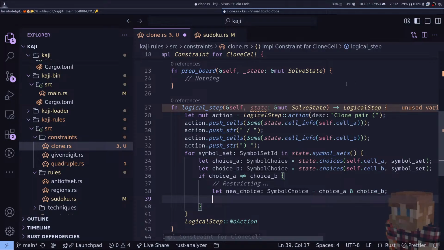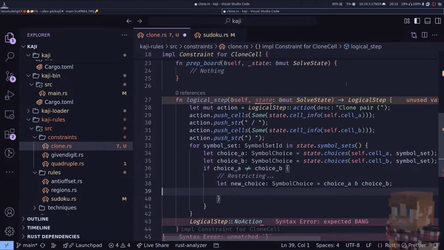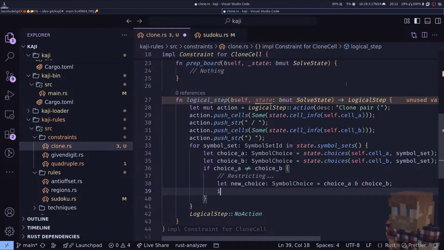And now what we want to do is describe what we are doing, because one or the other or both of these are now restricted in some fashion. So if choice A does not equal new choice, we're restricting cell A. So we're going to say, well, in fact, we don't even need to do that. We can just do it by saying if